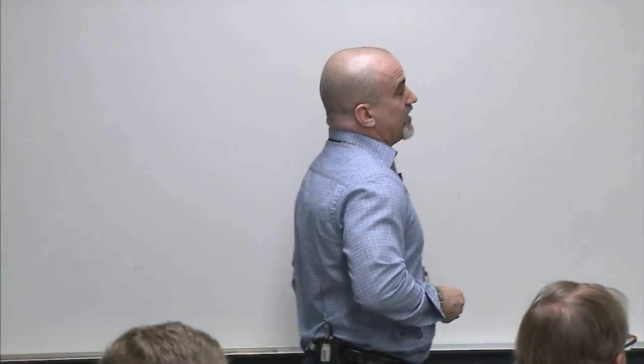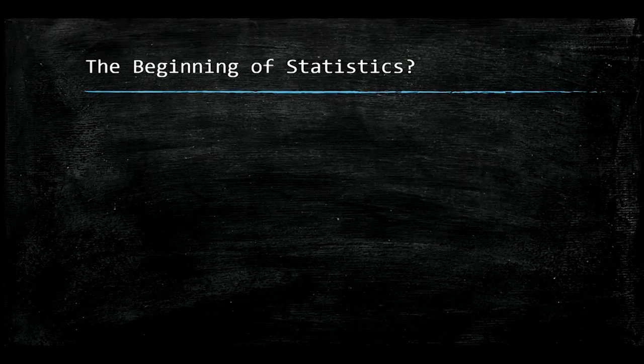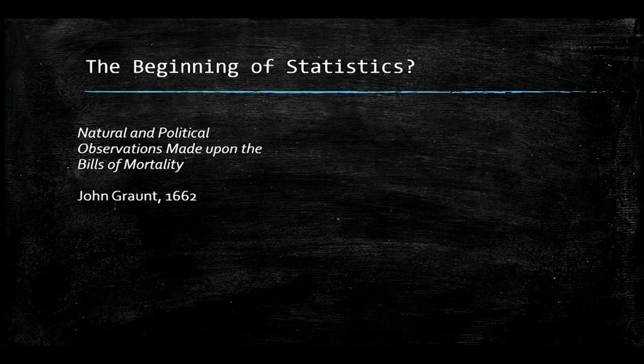And then we have the beginning of statistics, much, much newer. There was a book that came out in 1662. John Grant looked at the mortality rolls in London and used it to give the first statistical approach to figuring out the population of London. And that's when some people date the beginning of statistics to here,